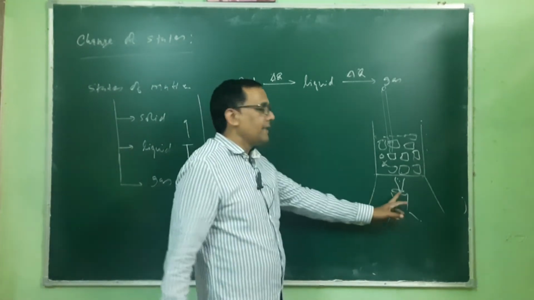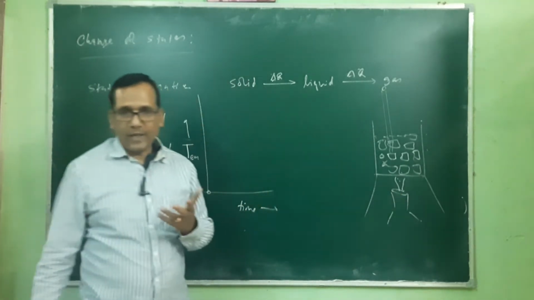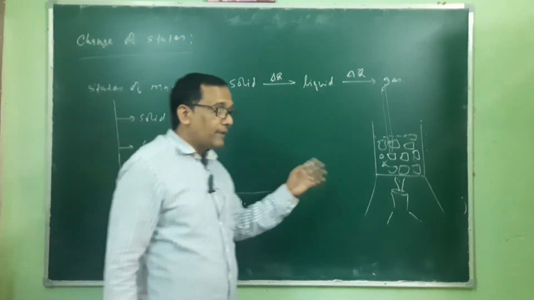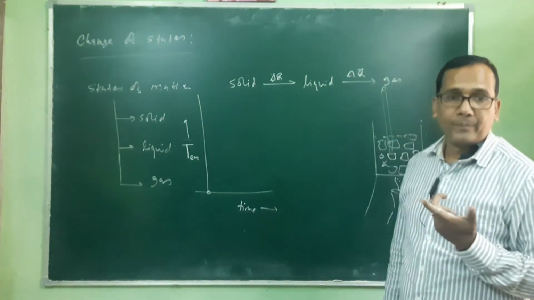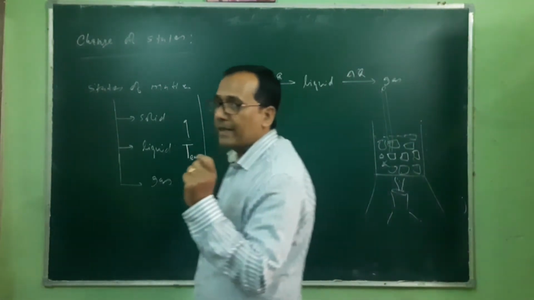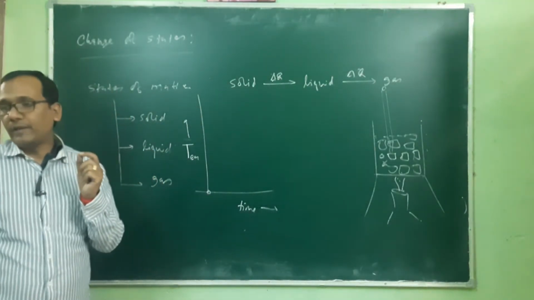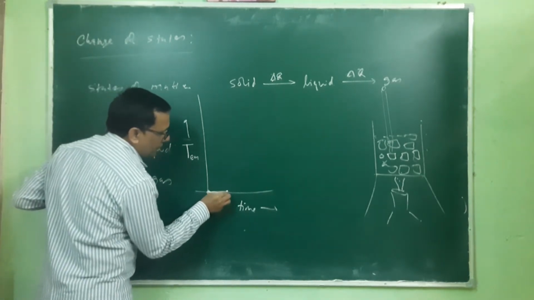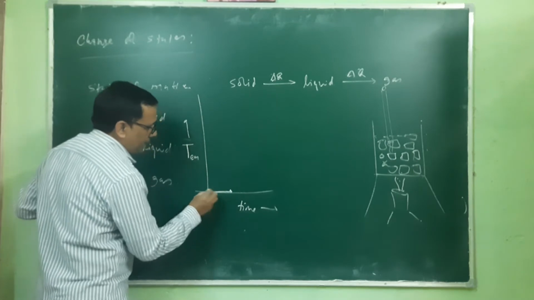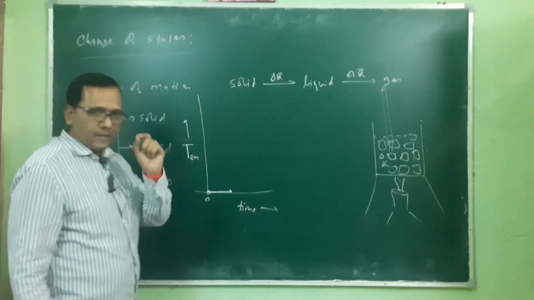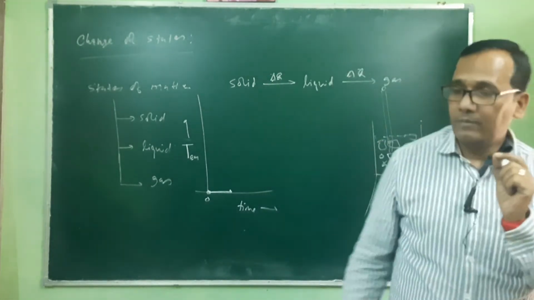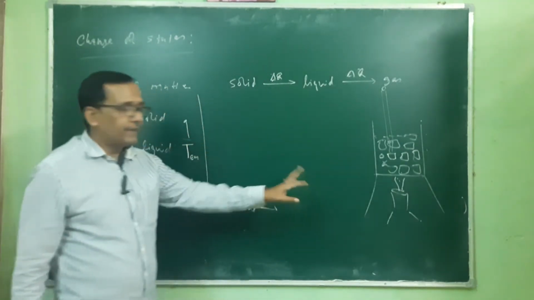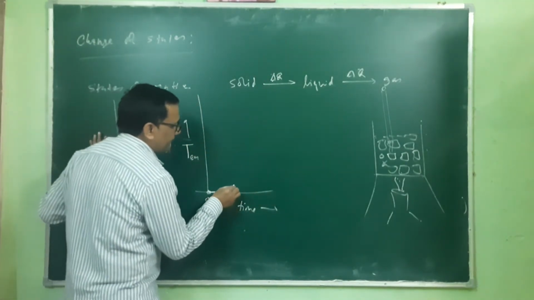When we provide this heat energy, up to a certain instant of time the temperature is constant, and that time is until the complete ice is melted. If a small piece of ice remains in this system, the temperature will never increase. So as time goes on, the temperature is still constant up to this state, and this is 0 because there is some small piece of ice there.